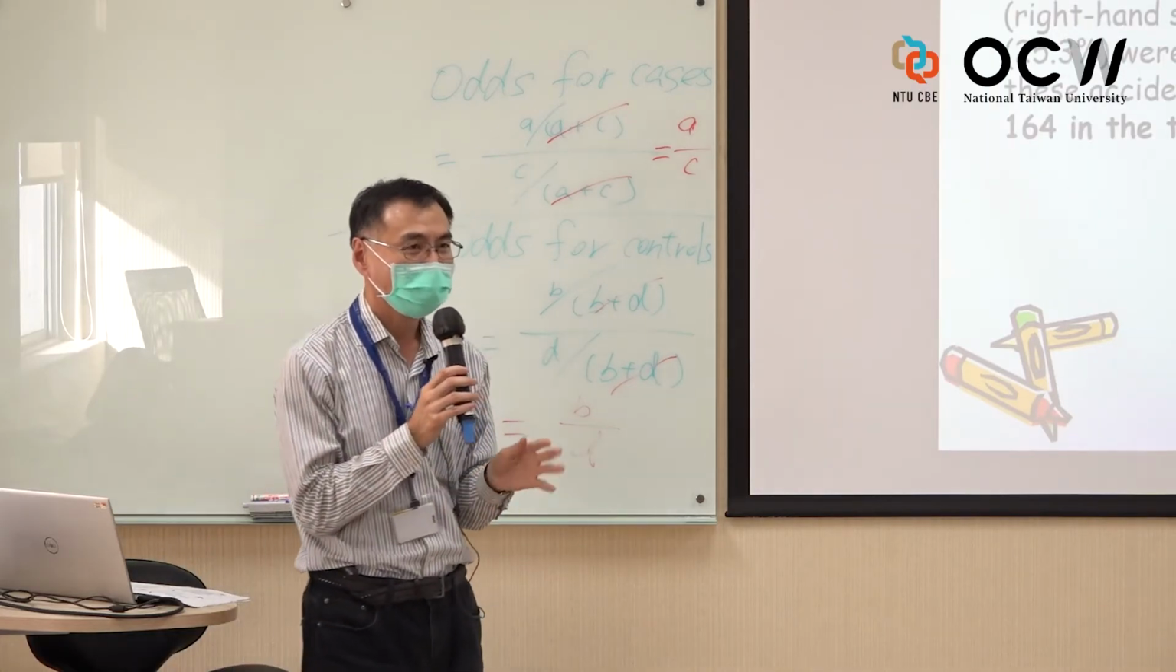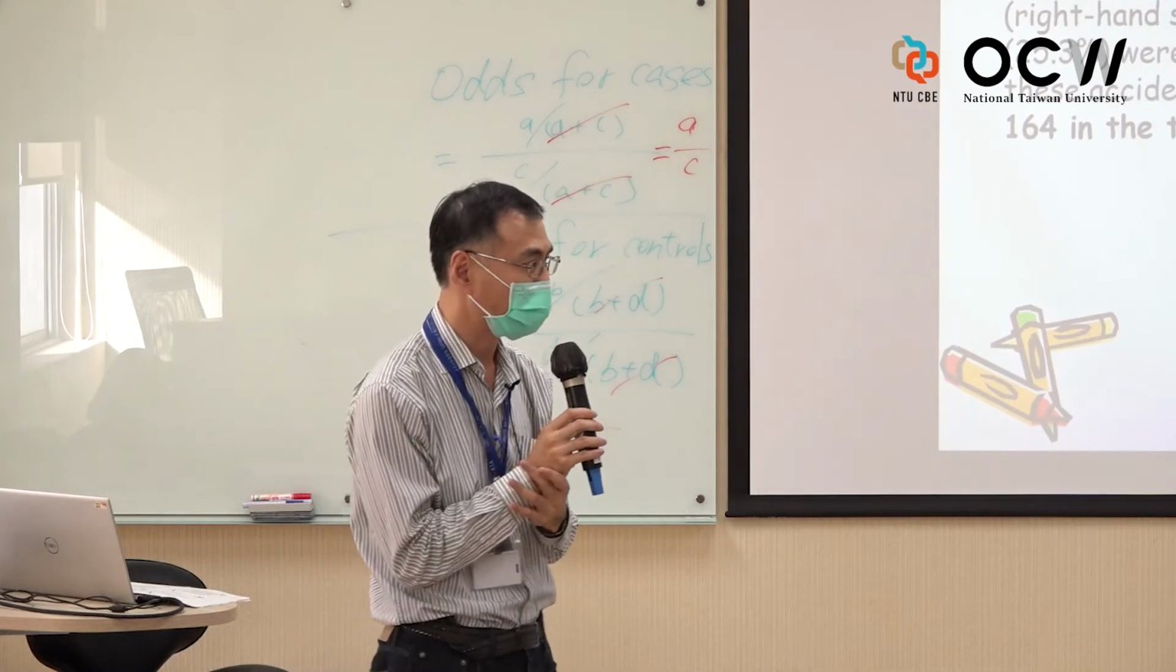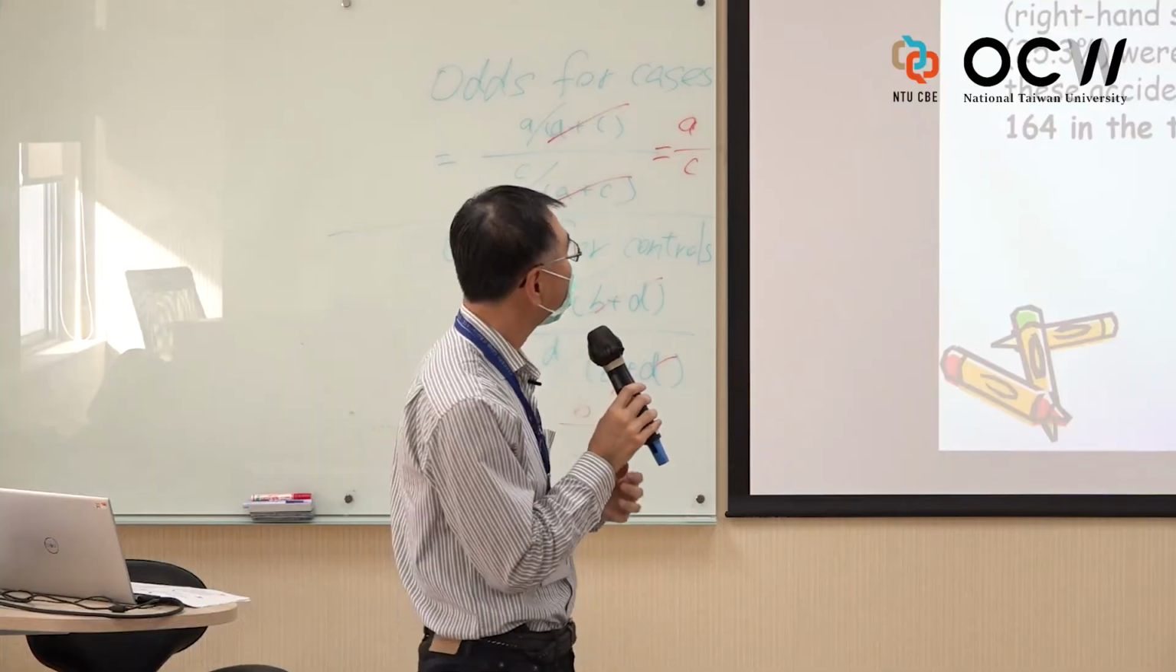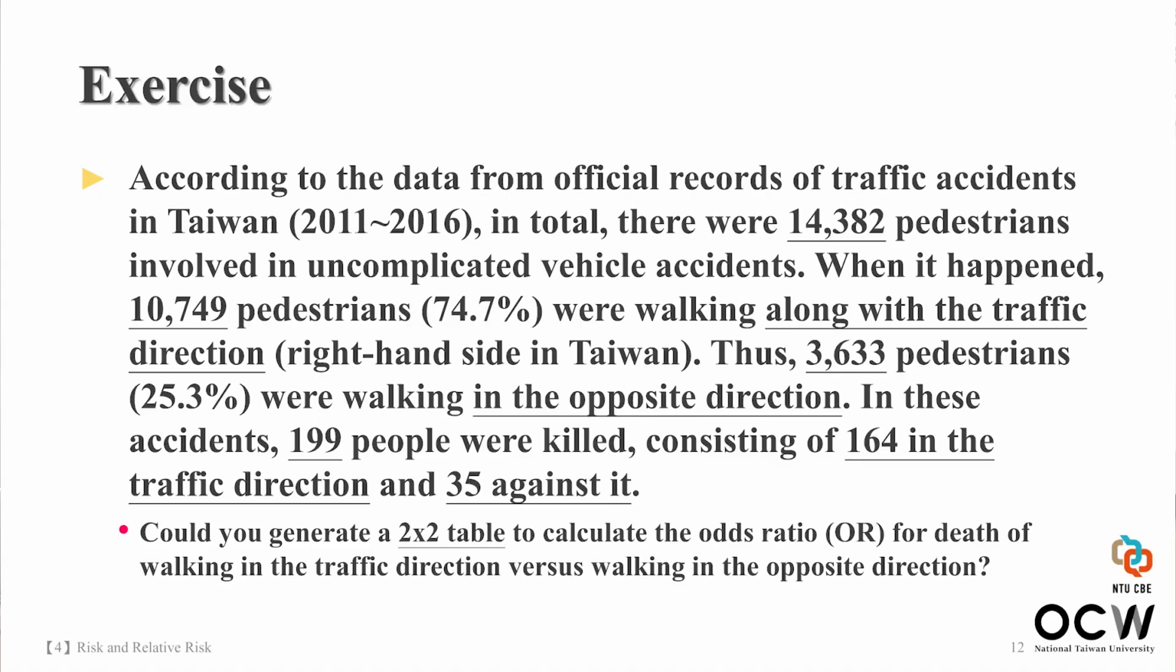Okay, it's a real story. I mean, it's real data from the news. I'll try to translate it and describe it here. According to the data from official records of traffic accidents, which means the police records in Taiwan from 2011 to 2016, in total, there were